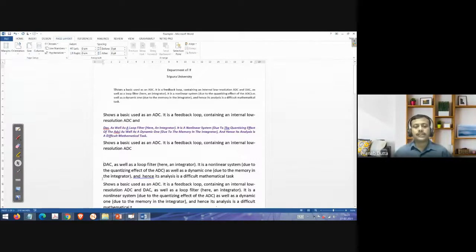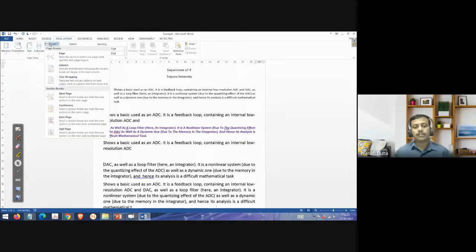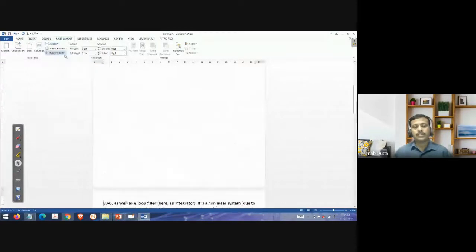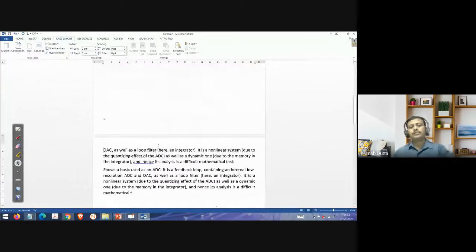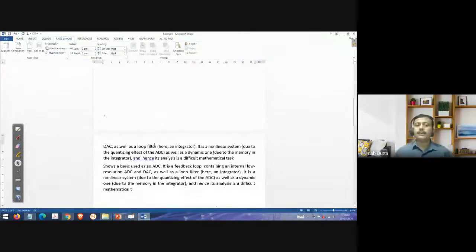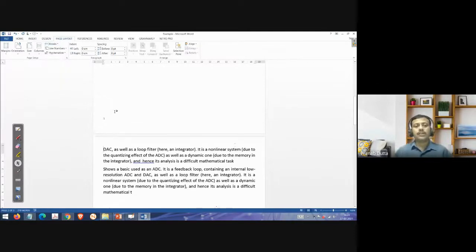Just click it here, then you go to the layout, then you click this page break. See, automatically in the first page only this thing is there, the rest is going to the next page, right? So layout, then page break. Okay, that is one way.